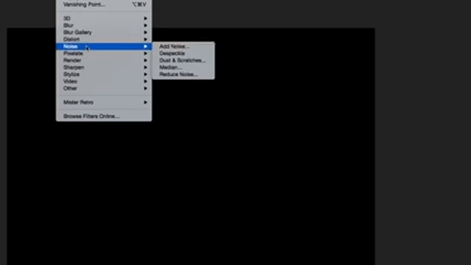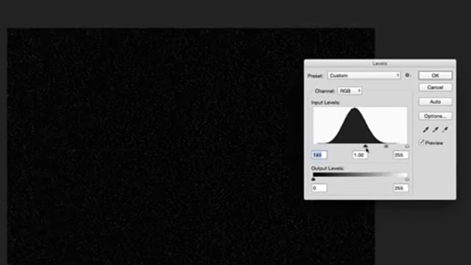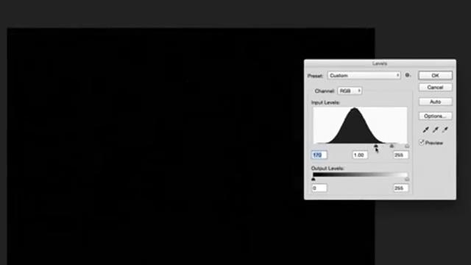Create a new layer and fill this with black too, then go to Filter, Noise and Add Noise. Max out the slider to 400% and check the Gaussian and Monochrome options. Go to Filter, Blur and Gaussian Blur and enter 1 pixel in the radius setting, then press Command and L to adjust the levels. Move the Shadows slider towards the right to reduce the number of tiny dots and produce